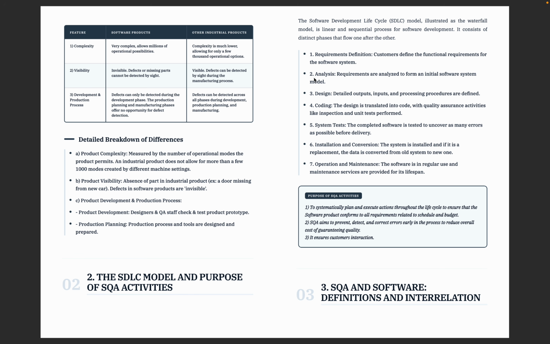Then you will analyze: what is your budget? What are the materials required? Then design, like what is the blueprint? The coding is the construction. Then testing: checking wiring, whether water is coming or not. Then installation, moving in. And operation and maintenance is the repairs, like if something is not working. So while building a house, we go through these steps.